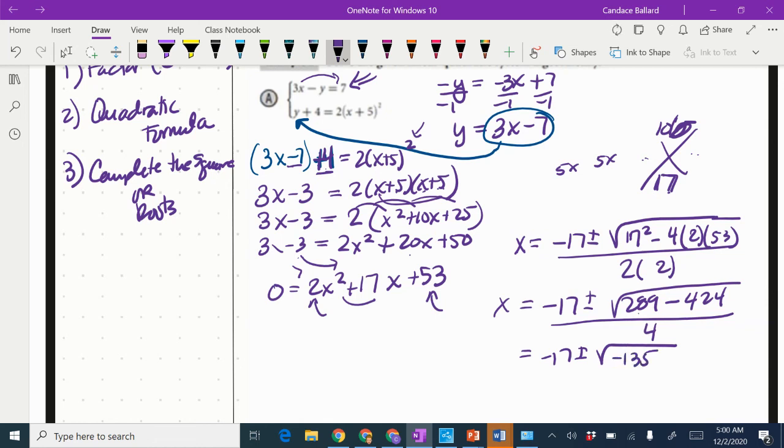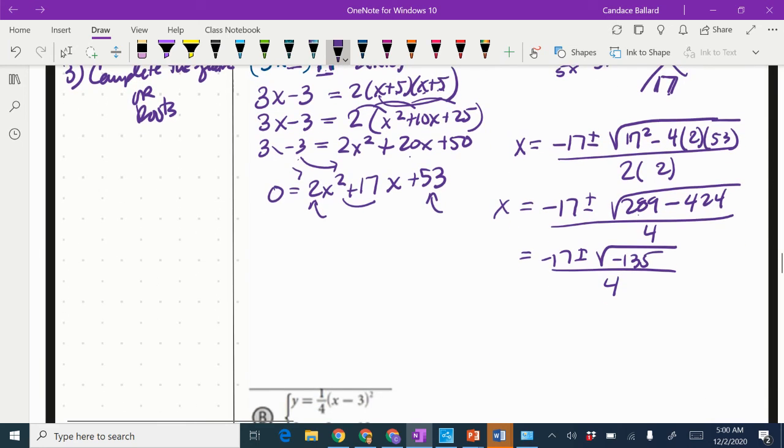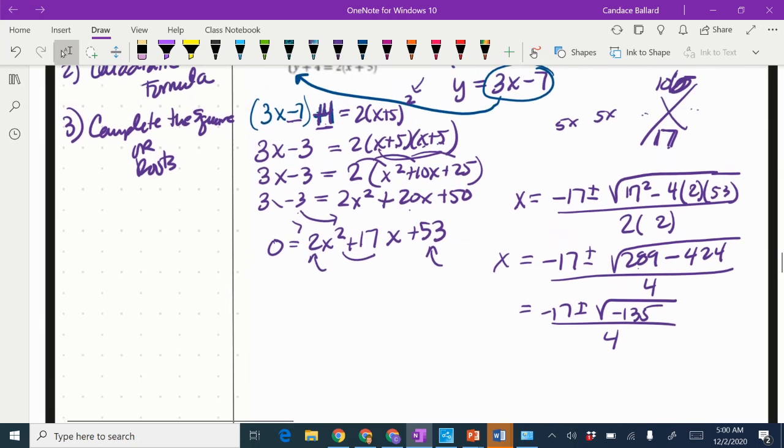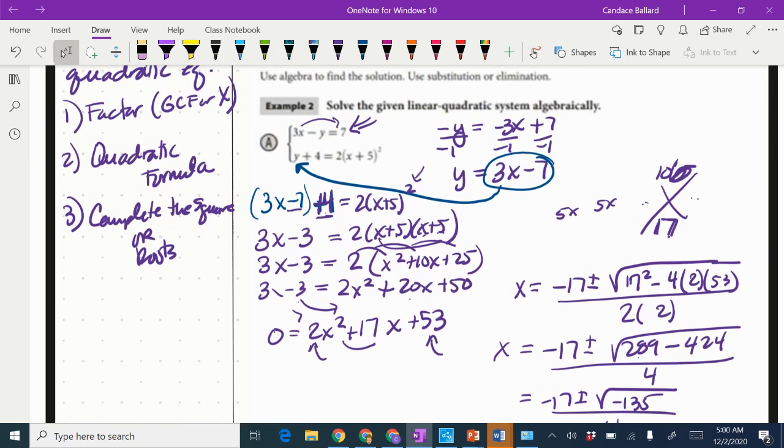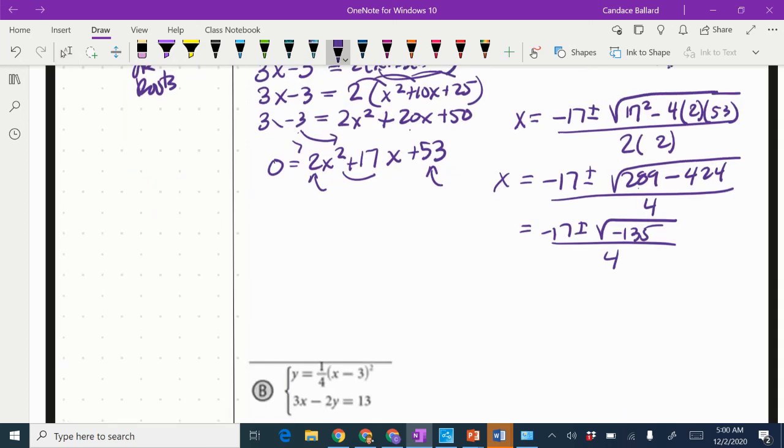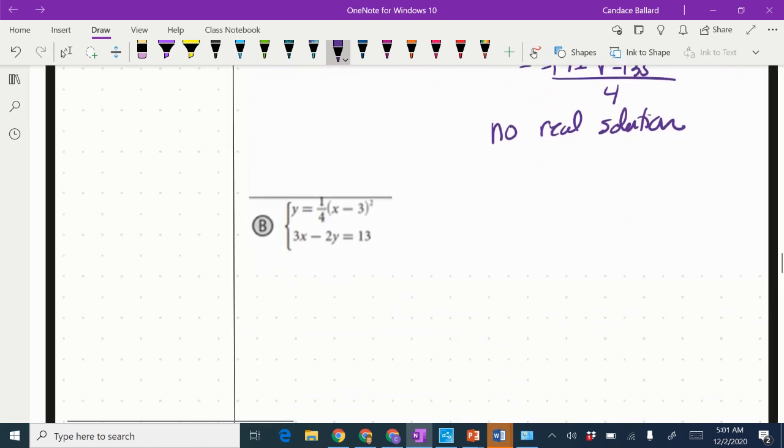negative 135 over 4. Now, we all know how to pluck our eyes out and do that whole process, but because we're trying to solve a linear quadratic system, if I have a negative under the square root, that means there's no real solution, so there isn't anything that crosses. When you hit something like this, you would say no real solution and stop. All right, let's take a look at